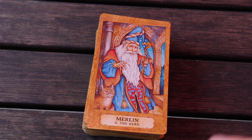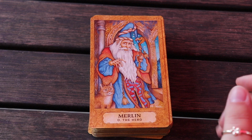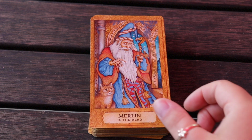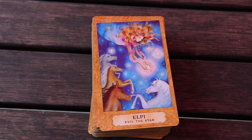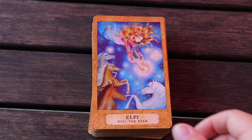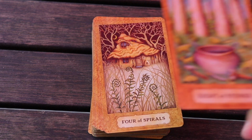I think this is the card that makes the most problems with this deck. I have to admit that my reaction to this card is also, well, Merlin is the fool, but here it is the hero. It differs from the Rider-Waite-Smith tarot. You have to change your tarot mind a bit when you come from the Rider-Waite-Smith. It is just different, but